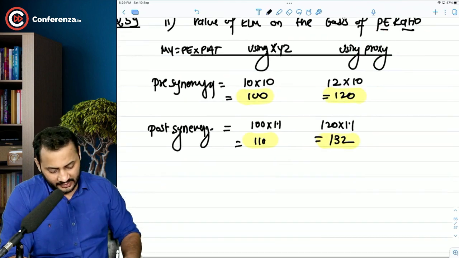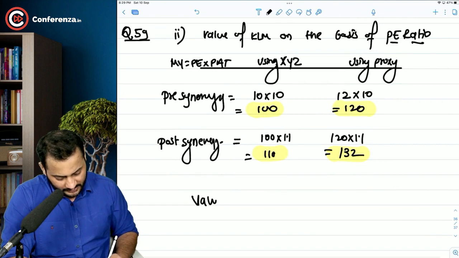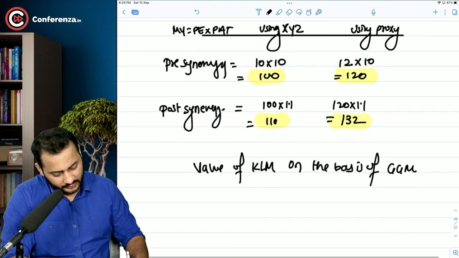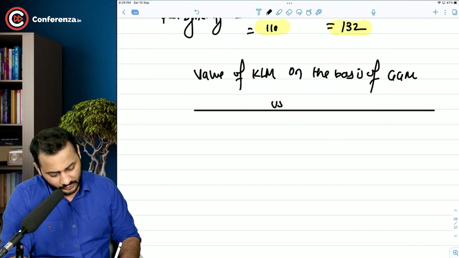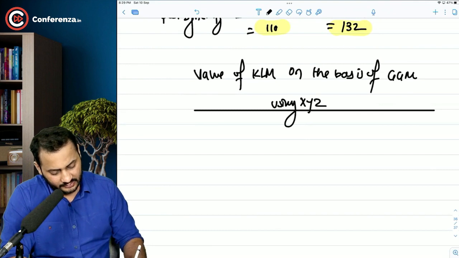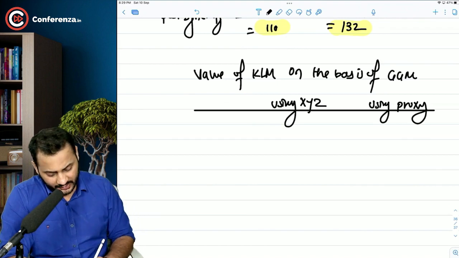Okay, another range that you can use is the value of KLM on the basis of Gordon's growth model. Again the same thing, using XYZ's data and using proxy data. Now how to calculate Gordon's growth model? Market value according to Gordon's growth model